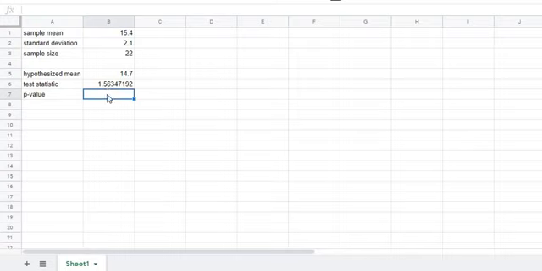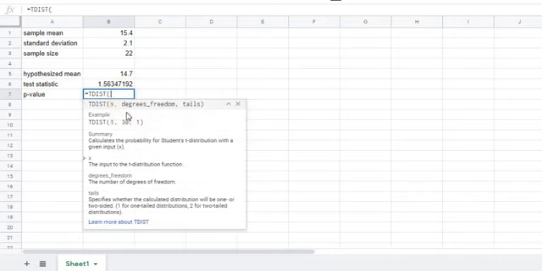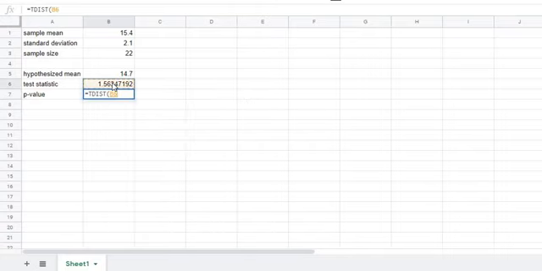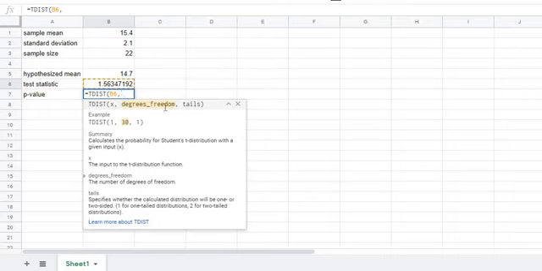Now let's calculate the p-value. We're going to use the t-distribution function. So we're going to have equals, start typing in t-dis, and you can see the t-distribution, which is the student's t-distribution. Click on that. Now it tells you what you need to enter. X is going to be the test statistic, so we'll click on the test statistic for that first one. The degrees of freedom is n minus 1, or your sample size minus 1. So you could click in this minus 1 for your degrees of freedom, or you could just simply type in